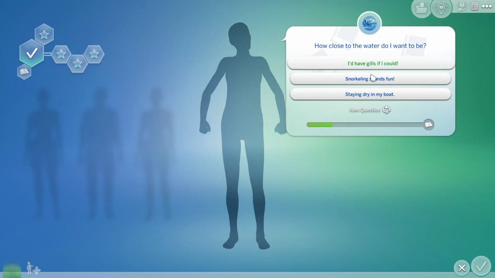And as you can see, I'm literally just clicking random things. But if you had like sort of something in mind objective wise, then you can answer it in the mindset of that sim. And so you see I clicked a bunch and it just generated a basic look for my sim. And then